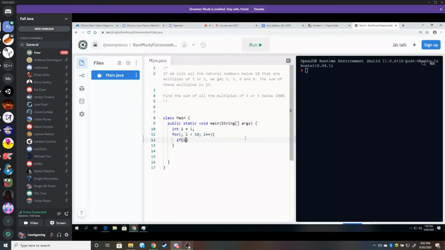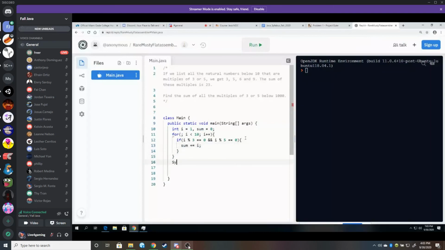If i is divisible by 3, and i is divisible by 5, then we have to add it up. We have to sum up all of those numbers. So we need another variable called sum, and we can say in here, sum plus equals i.